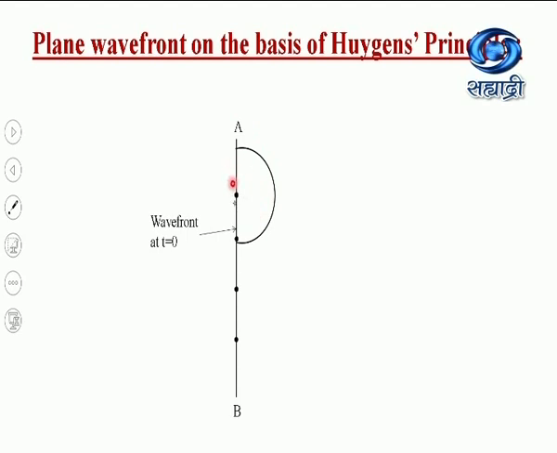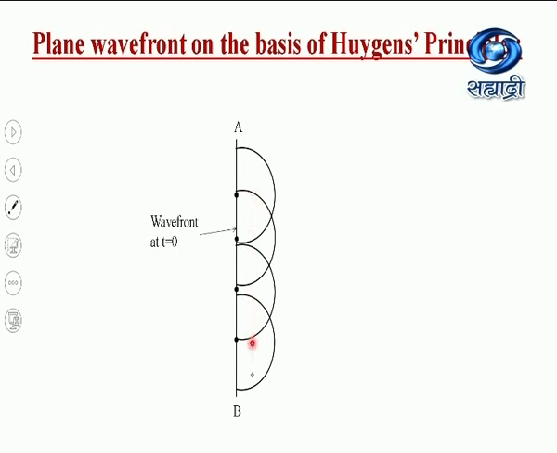We are considering this point as the center, and about 2 to 3 centimeter distance in your compass, you can draw the spherical wavelet. Now consider the second point as the source, and taking the same distance in your compass, we draw the spherical wavelet emitted by the second point source. Again, we can take third and fourth point as the centers, and the same distance in your compass, draw the spherical wavelets emitted by them.